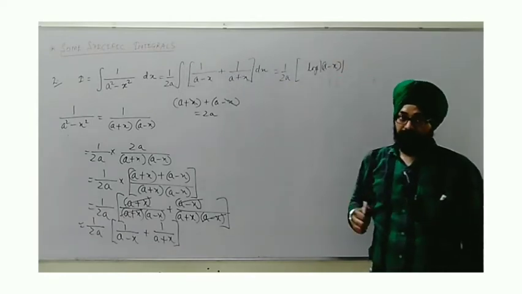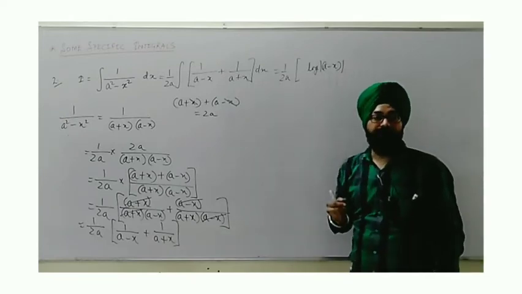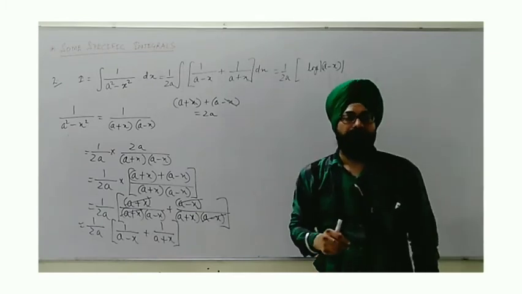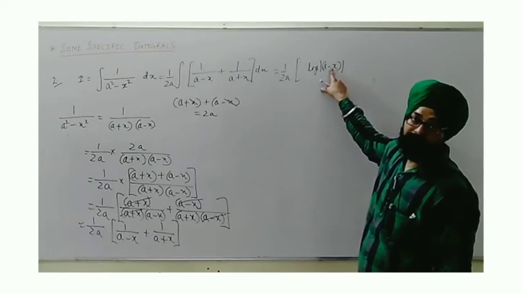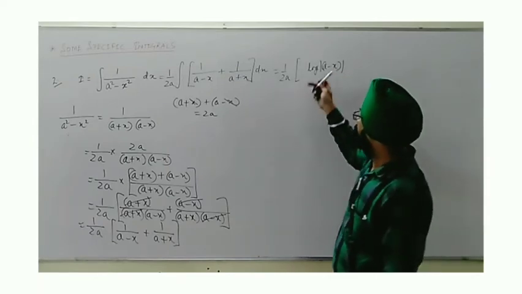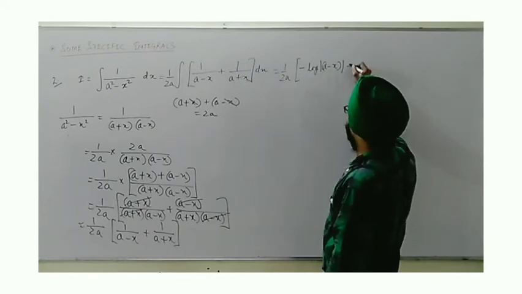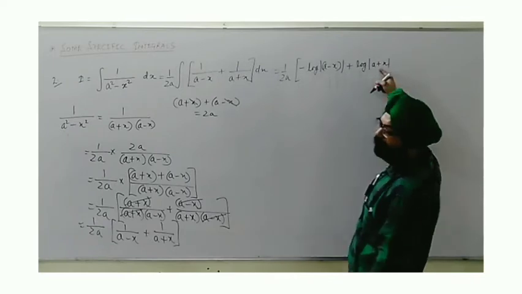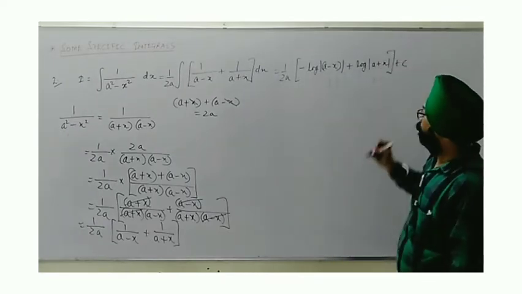But every time I say that the coefficient of x in the case of a linear polynomial, when you do directly, or you can apply substitution also, the coefficient of x will be given in the denominator. Here the coefficient of x is minus 1. So be careful. Here we will get minus, and plus log of mod a plus x. Here it doesn't matter as the coefficient of x is plus 1. So this way we have completed.